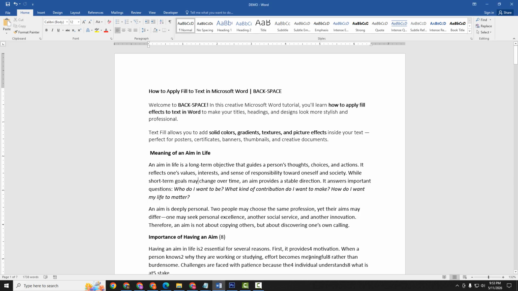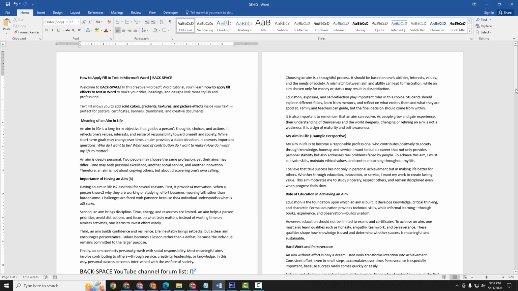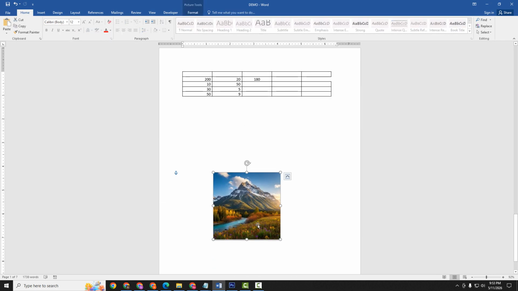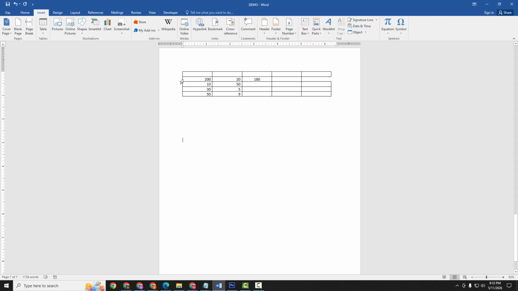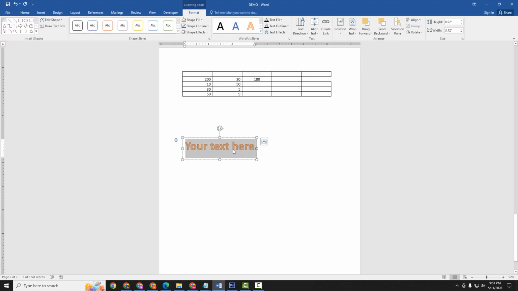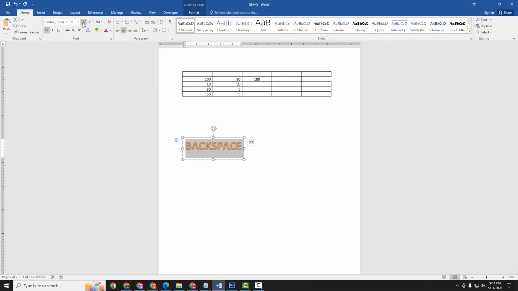So let's get started. We can see here the assignment. Now I want to make the fill of text. Go to the blank page, then go to the Insert menu, then here WordArt, click any. Now I select this, then write anything. Now I write my channel text, but you can write anything. Now I write Backspace, then select the text, press Ctrl A, go back to the Home menu and increase the